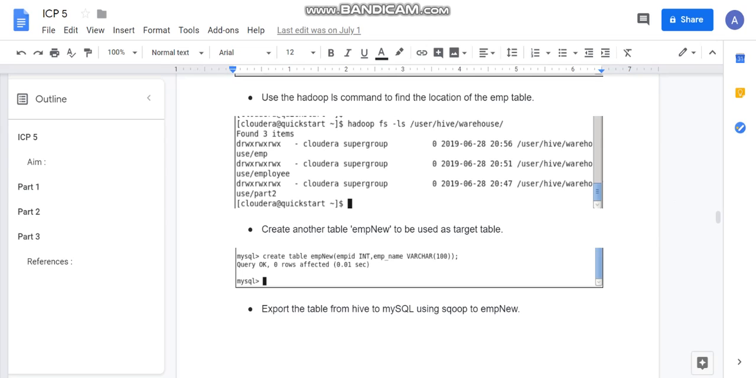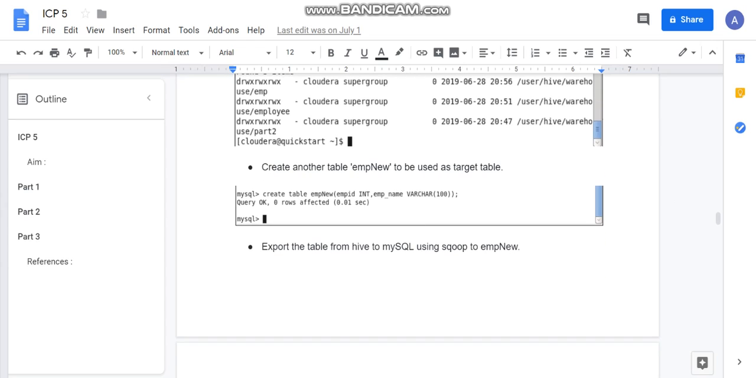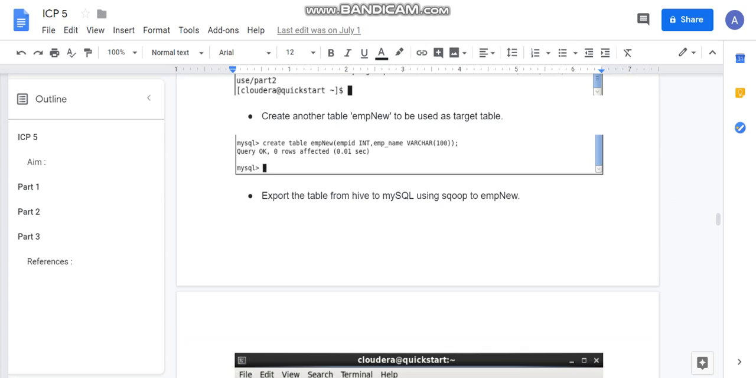Here we are using the Hadoop file system in order to display the functions that are to be performed, whether it's a read, write function or just our 7. And then I create a table called employee new, which is to be used as a target table in the future. And then as created in the Hive, I created a table which is being